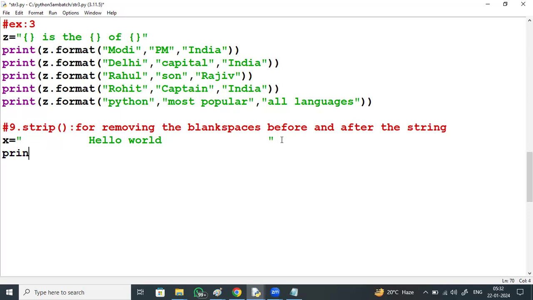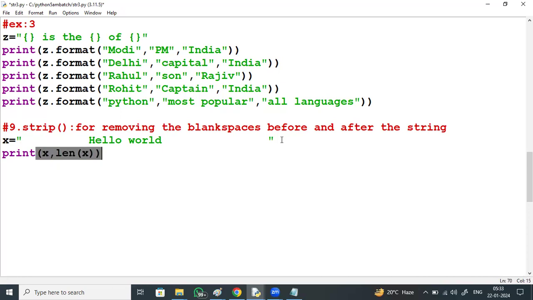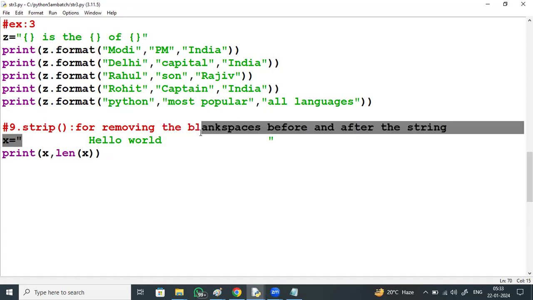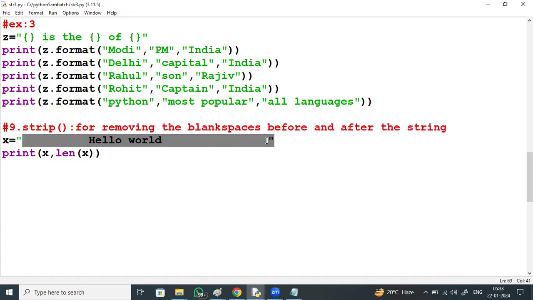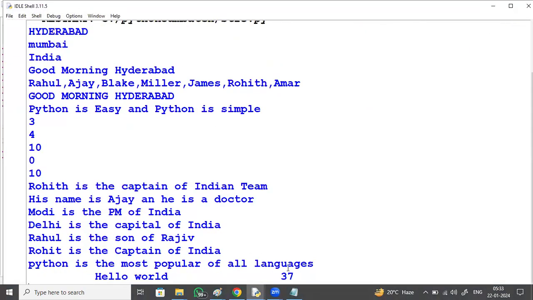Print length of x, including the blank spaces. It is the number of characters within the string. So 37 characters are there, including the blank spaces.